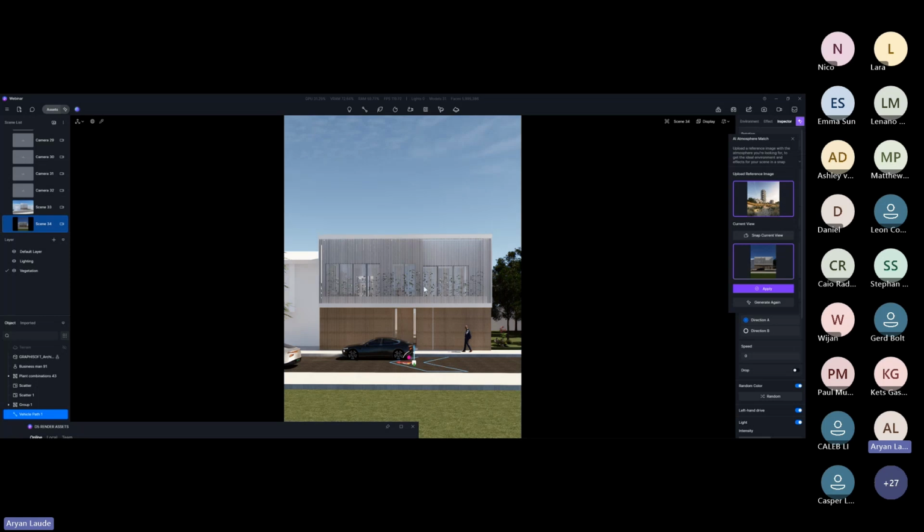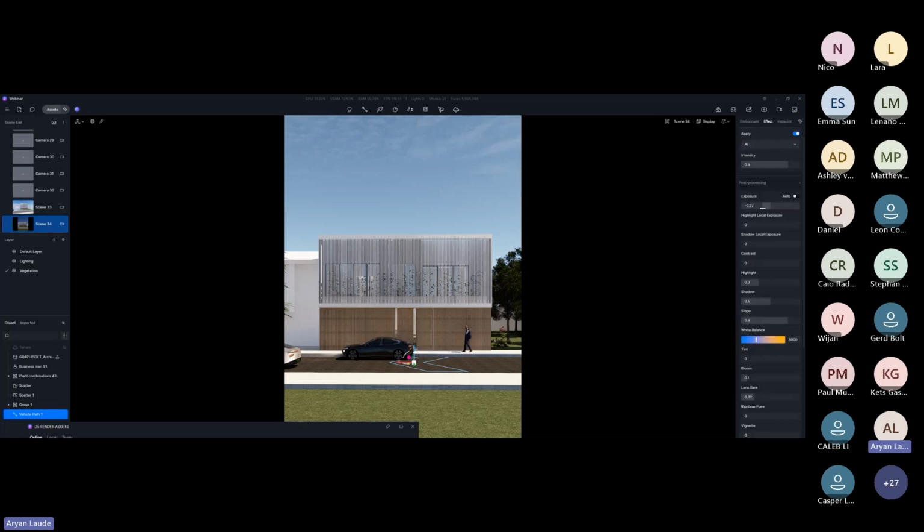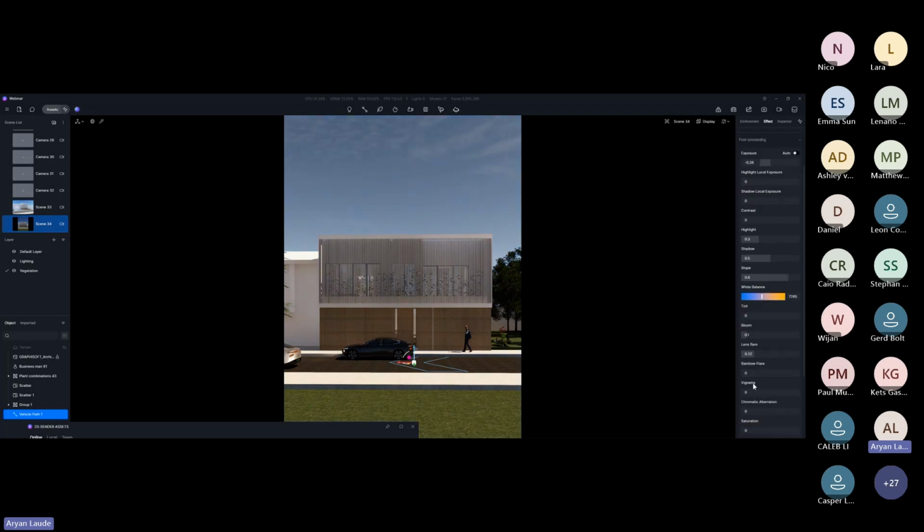And once it has applied the parameters from my reference image, all I can do now is just close this out and make some fine tuning adjustments, such as adjusting the exposure, adjusting the white balance, and also some other parameters that I can play around with. So since we already have created the parameters, the environment and effect, the vegetation, custom moving cars, and also the people, the next and final stage would be